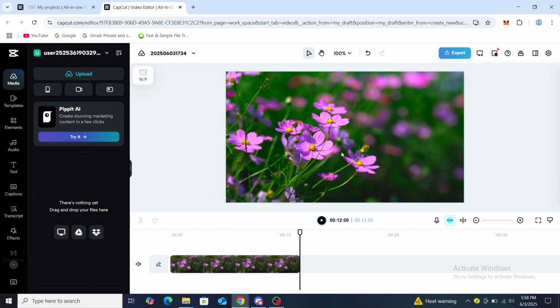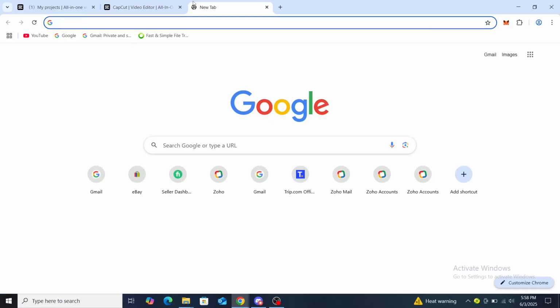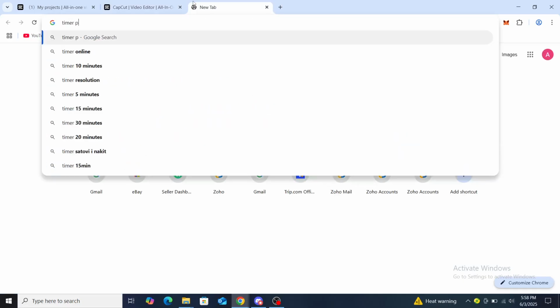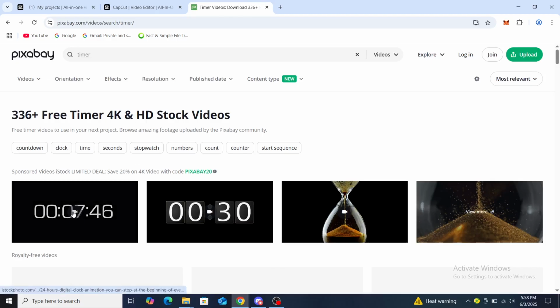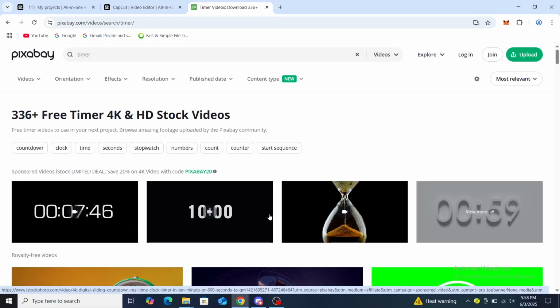So if I want to add a timer, I will need to add a file that acts as a timer. So on here I can go to Pixabay, or if you know some other website, it's going to be fine as well. Search for timer. This is just a stock timer. You can see there are a few of those. Once you click on one of these,